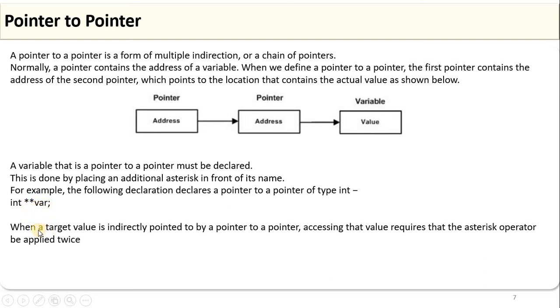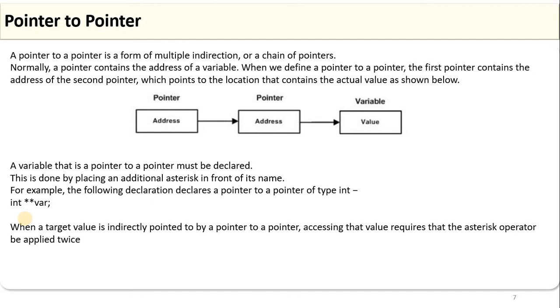If this is the case, when a target value is indirectly pointed to by a pointer to a pointer, then accessing the value requires that the asterisk operator be applied twice.